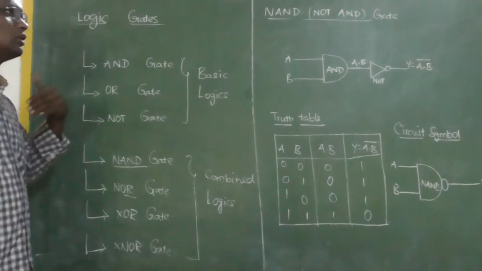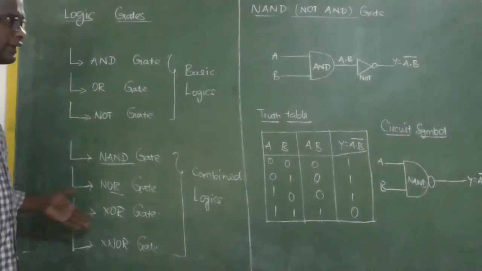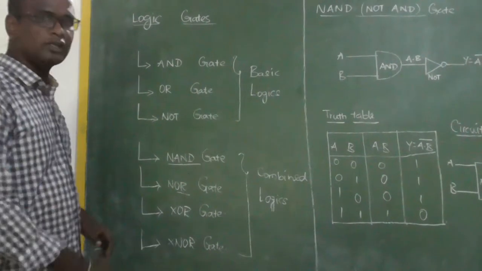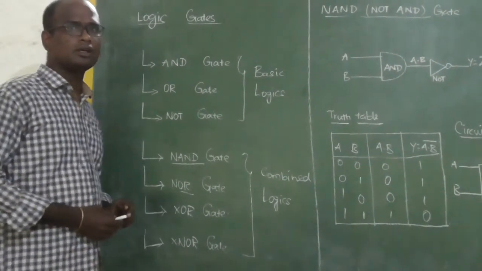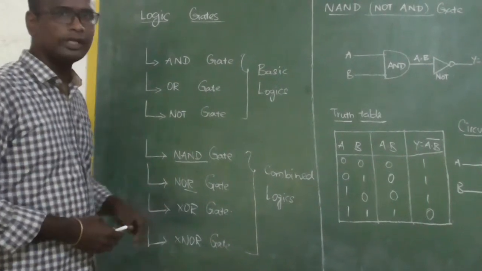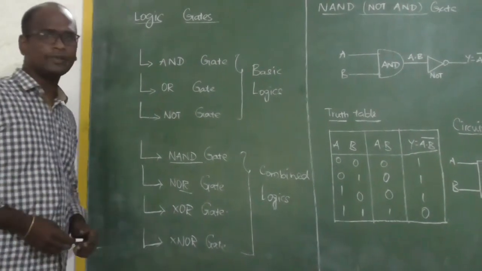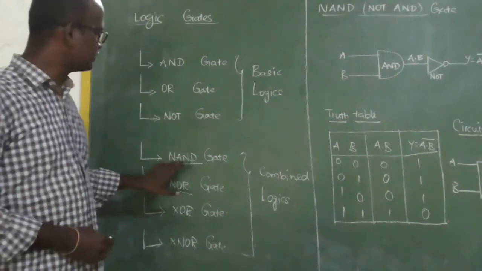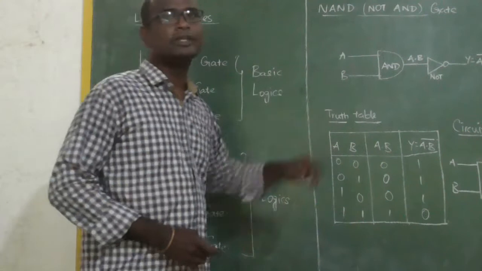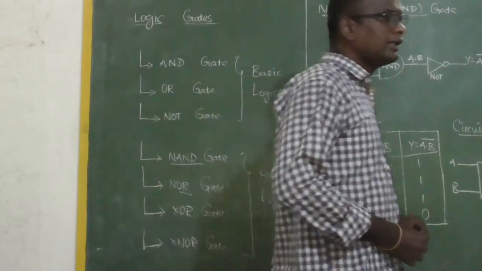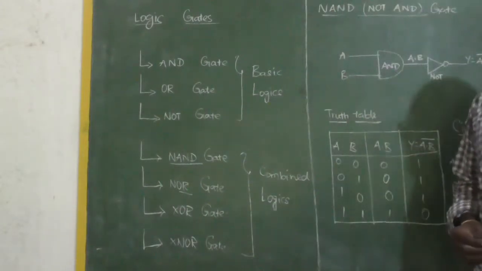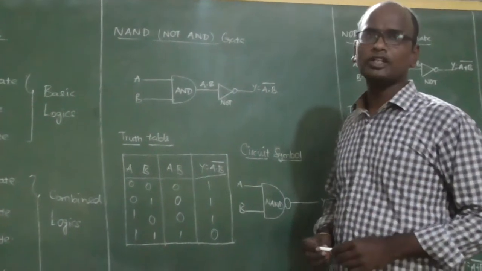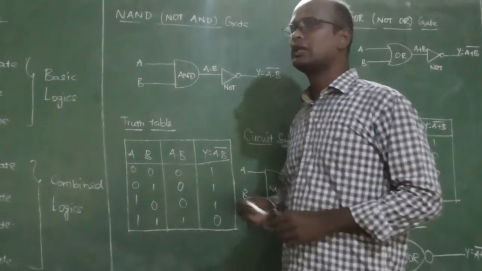Okay, so let us discuss the XOR gate later. Lastly, the XOR gate combined with a NOT gate gives us the XNOR gate. First of all, we move to the first combined logic gate, that is the NAND gate, as in the following figure. NAND gate means NOT AND. That is a combination of an AND gate and a NOT gate, like this.